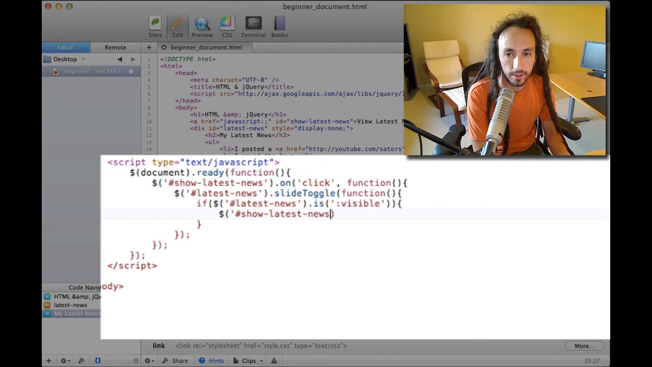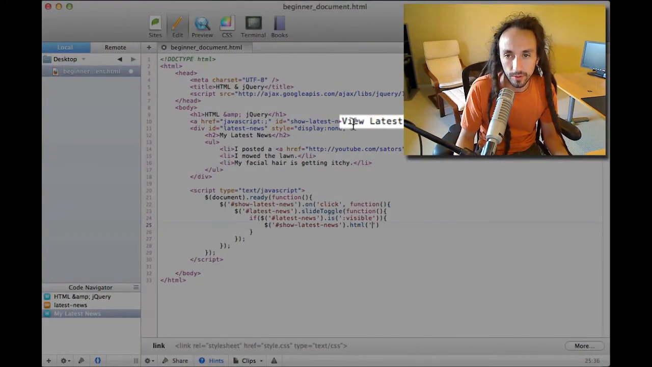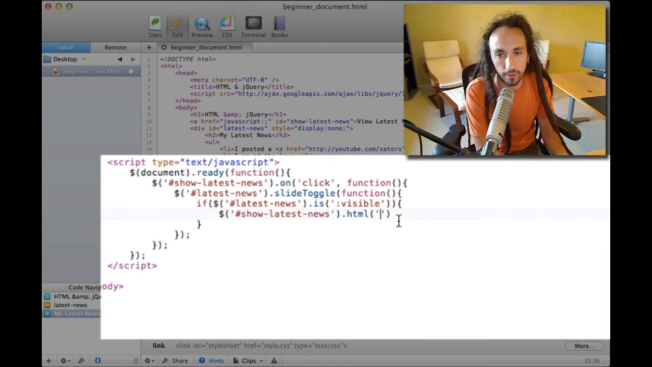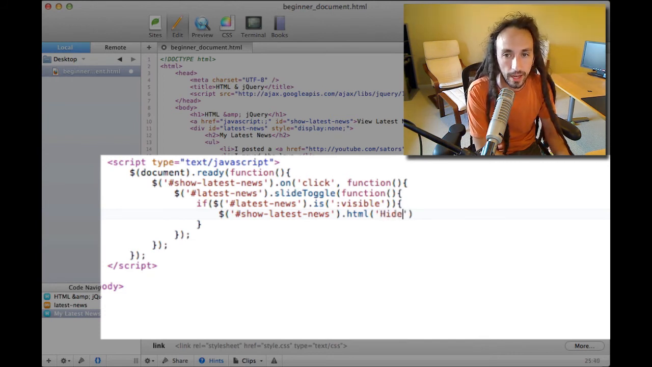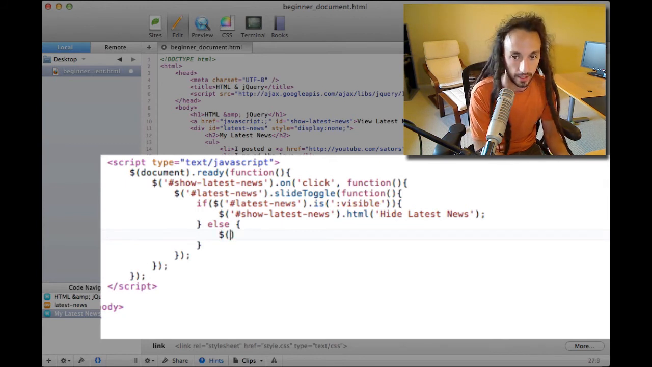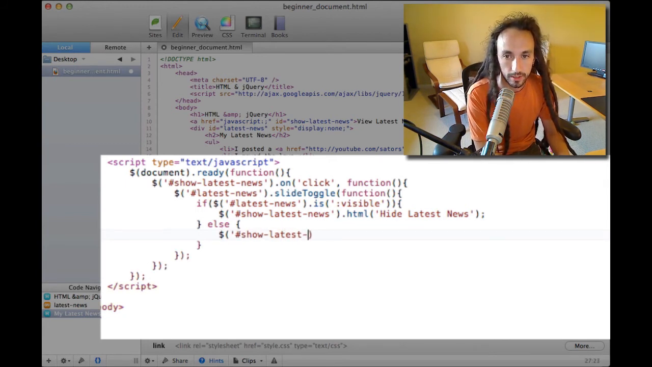show latest news. Now jQuery has the built-in html element, which is going to allow me to change the HTML that's within that tag. So right now it says view latest news right up here. That's the inside HTML. I could really use text too, but html allows me to change HTML elements if I really wanted to. So what I'm going to do is change the HTML, if it's visible, to hide latest news. Put a semicolon after that, and then we'll put an else and say